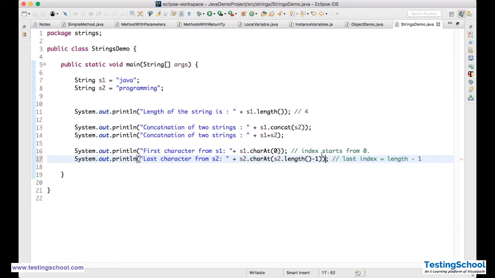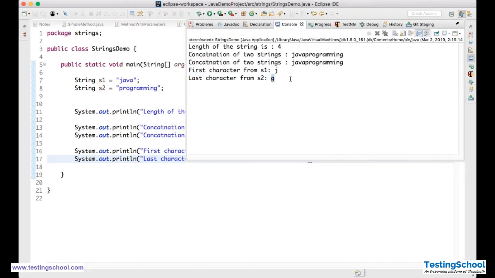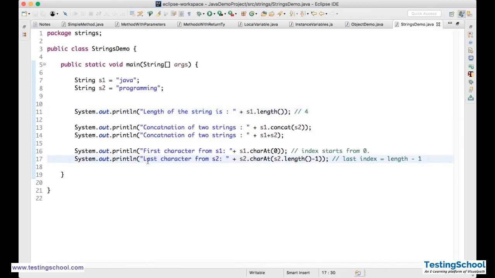So directly S2 dot charAt S2 dot length minus 1. Now if I execute this, you see I'm getting G. Right, last character without counting I can get. The reason is S2 dot length will give the entire length, minus 1 will give the last index. Right, this is the charAt method.